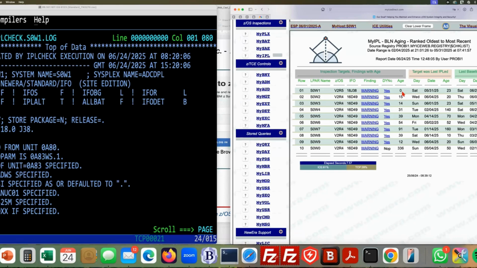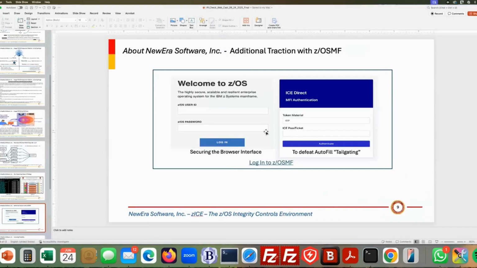And so this particular image, SAL1, baseline does not contain a current version of the configuration as seen in the most recent inspection. And so you might want to go through a process of actually updating your baseline to make sure that that's true. And of course, you can see all the other ones here. Okay, so 3270, ICE Direct,